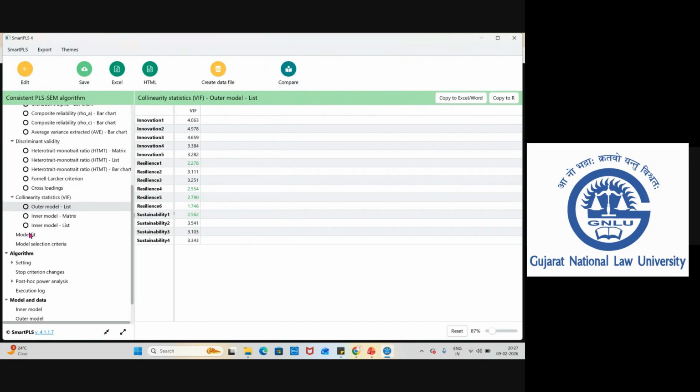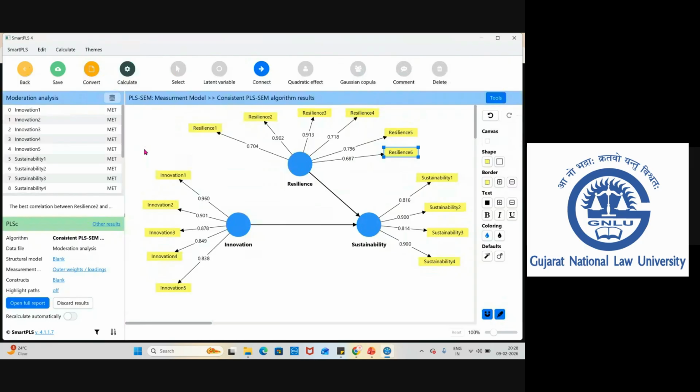Okay. Now come to the structural model. I hope this is clear so far. Next, we are going with the structural model. How are we going to assess the structural model for the moderation analysis test? There is a difference when it comes to moderation analysis. First, we are going to analyze the main effects. We are going to assess the main effects of the measurement model.